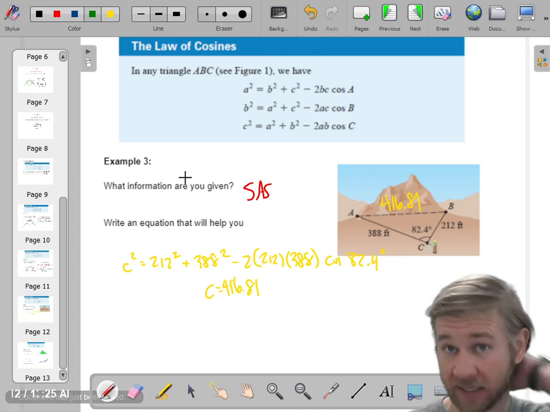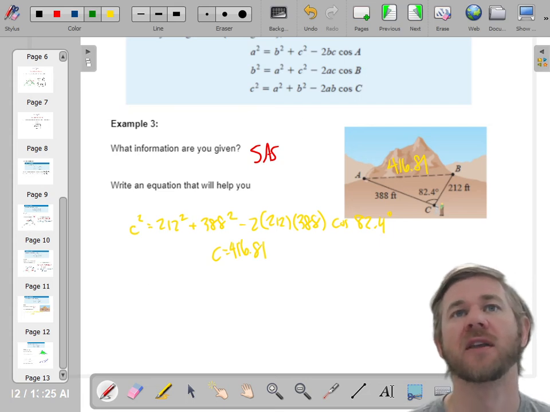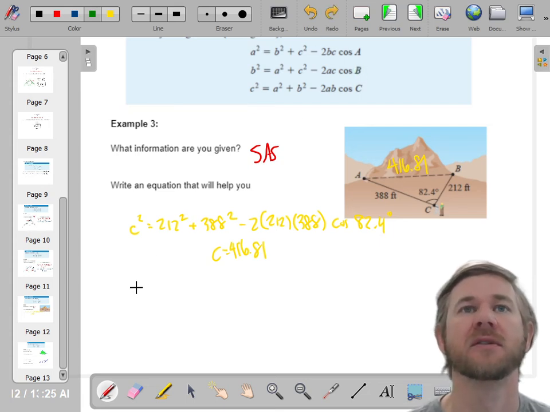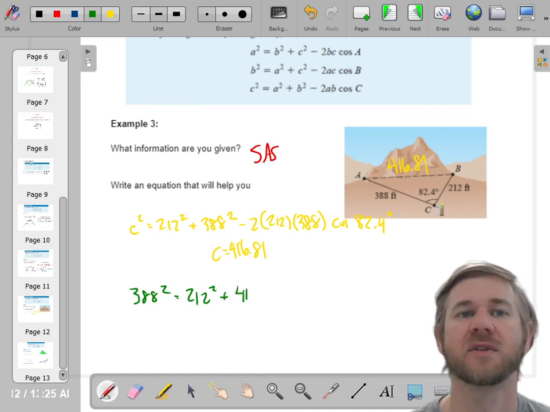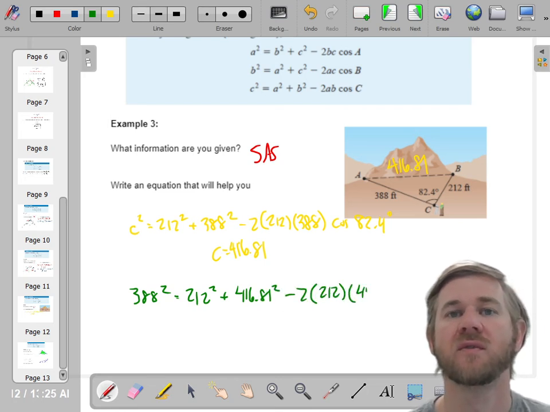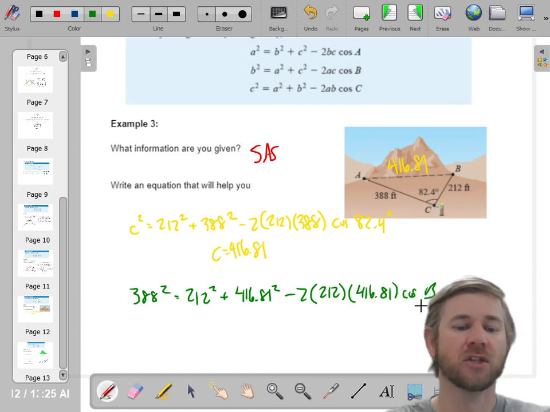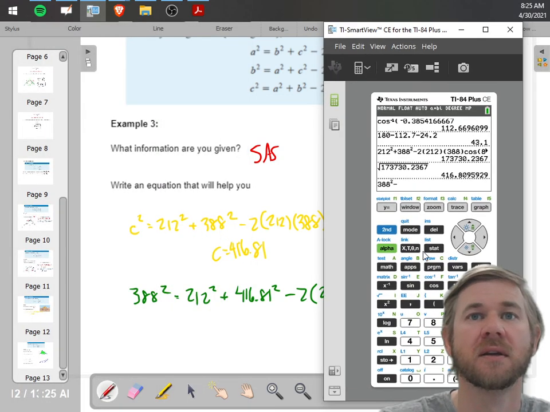All right, let's find a missing angle then. I'll do angle B. So angle B, if I'm going to find the angle B, I need to use that formula. So b squared, I know b squared. B squared is 388 equals a squared. I know a squared, 212 squared, plus c squared. I know that. I just found that. 416.81 squared minus 2 times 212 times 416.81, and that's the cosine of b. So I'll do my subtraction first. 388 squared minus 212 squared